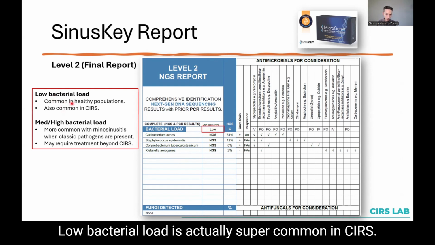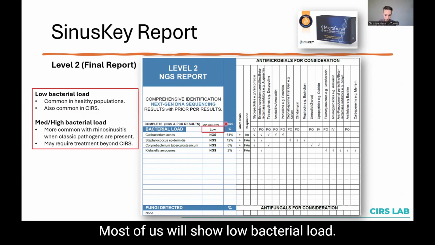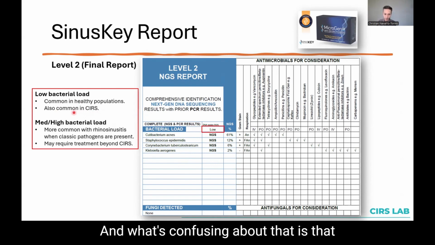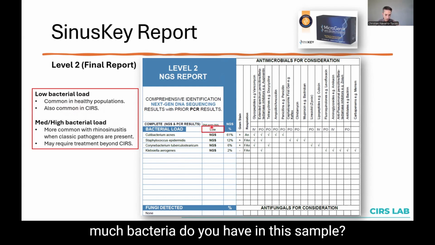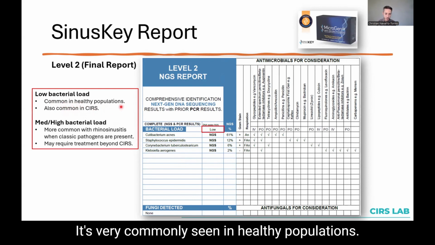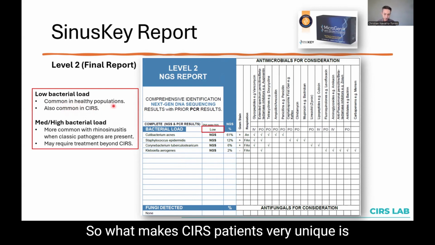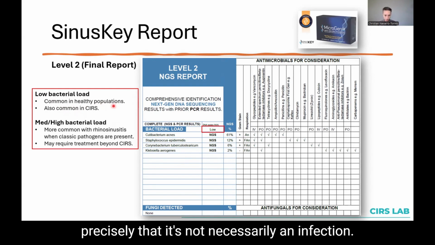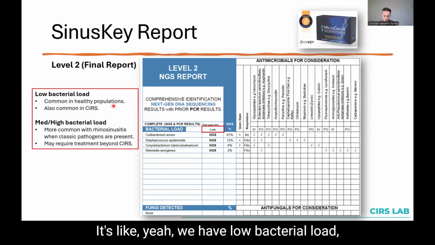Low bacterial load is actually super common in SIRS. Most of us will show low bacterial load. And what's confusing about that is that you will usually see low bacterial load. It's like an overall assessment of how much bacteria you have in this sample. It's very commonly seen in healthy populations. So what makes SIRS patients very unique is precisely that it's not necessarily an infection. It's like, yeah, we have low bacterial load, but we do have this dysbiosis that is very triggering for us